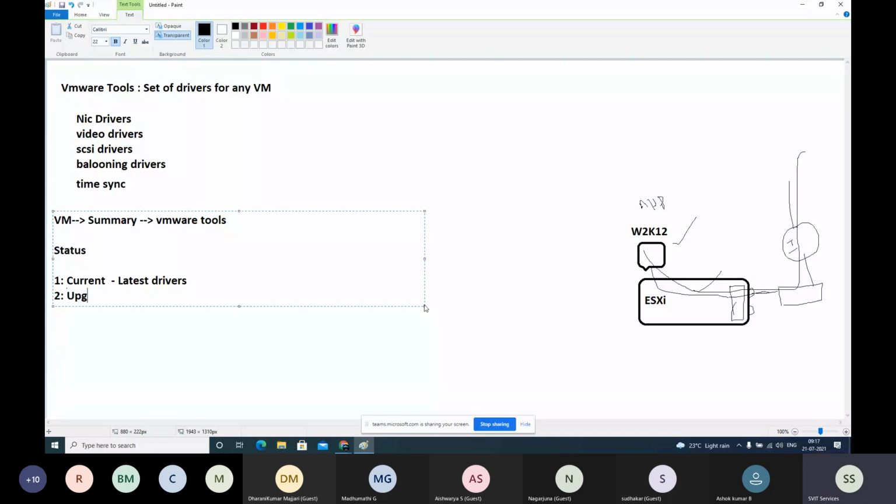Upgrade available, that means old drivers. Drivers are there, but old drivers. Guest managed.